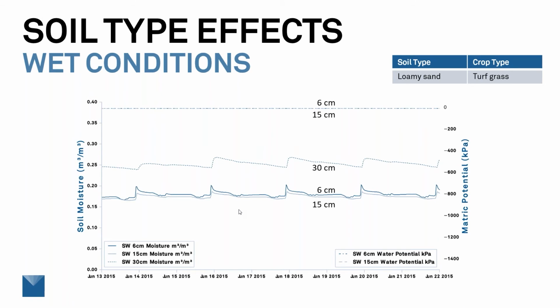Here are some wet conditions that we're going to start off with. What we'll notice is that in this loamy sand, the water potential sensors didn't respond much at all, while the water content sensors really show some incredible detail. Each irrigation event, and we're talking on the order of days here, we can see that we irrigated at night, and we see a nice spike up when the water hit the sand here at 6 centimeters. And also we see a little spike down at 15 centimeters, or the bottom of the root zone. Even at 30 centimeters, we see an increase in water content, although the curve is not so spike-shaped. It's more rounded off. But we see that through the profile.